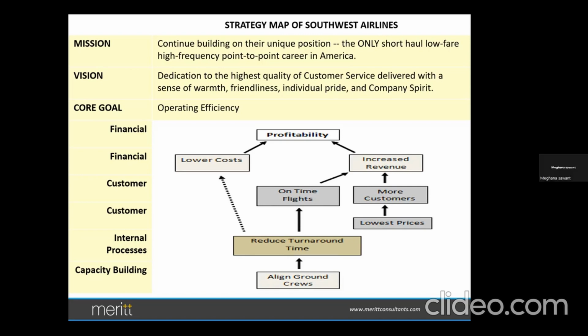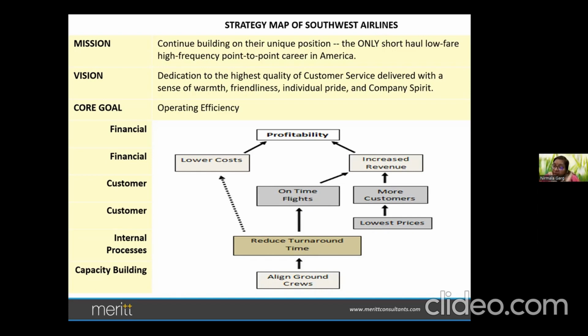And also, if you are a person who is flying, even before the flight lands, have you noticed the in-flight crew will start readying up, ensuring clearing everything? They'll say, please be ready, and cleaning also happens, trying to take away all the garbage. And as soon as it lands, you also have the ground crew, which will try to do the maintenance quickly. So it's teamwork, internal business processes.